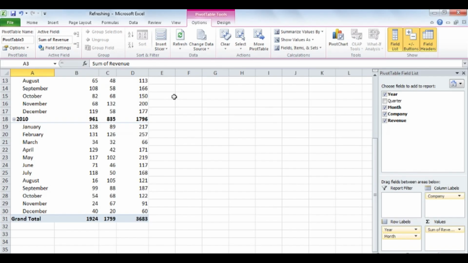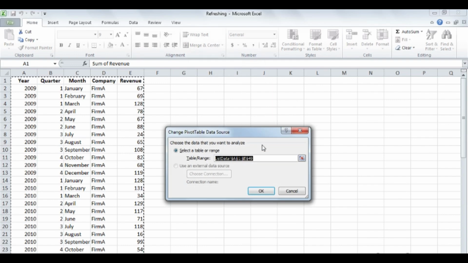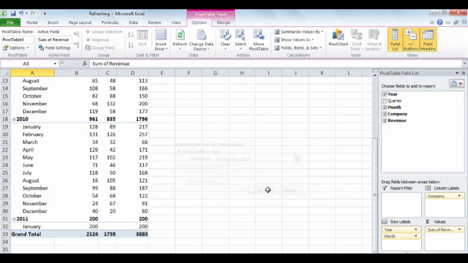So to do that, again on the Options tab, I can click the Change Data Source button, and then you'll see the definition here in the Table/Range box. I added another row, and that increments a number. So now, instead of having the table or range end on cell E49, it actually ends on cell E50. So I'll backspace over the 49, type in 50, click OK, and now you see that the pivot table updates